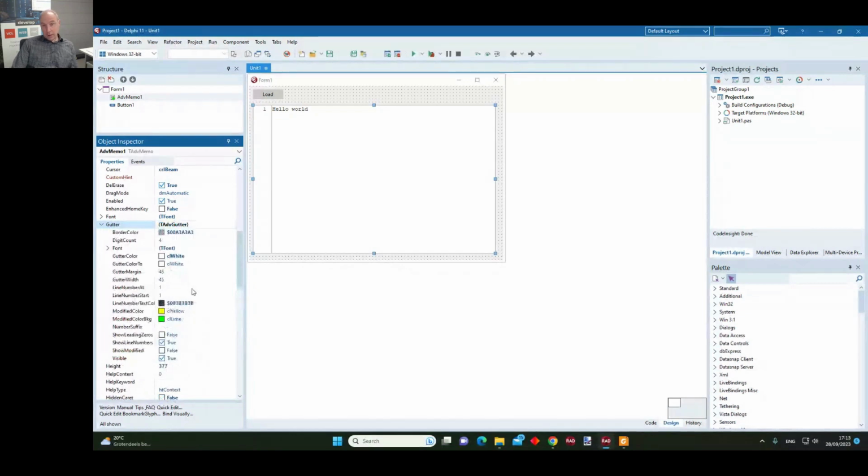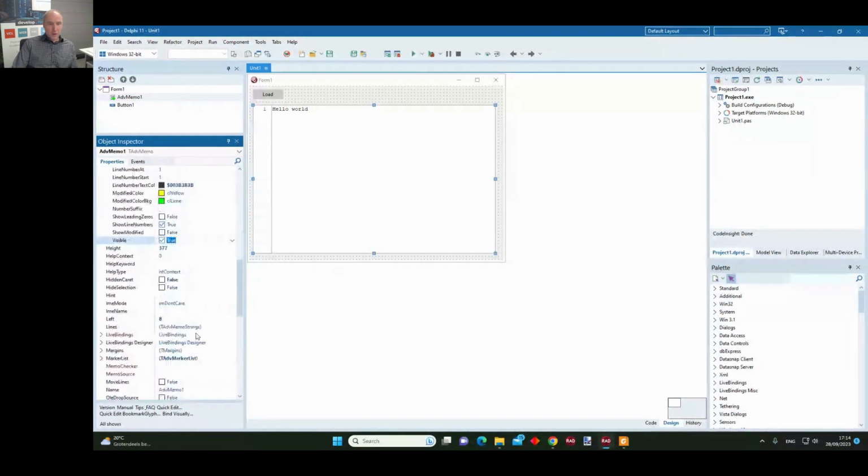You can also use it to mark what lines are modified or added while you are coding in this memo. And you can control the formatting of the line numbers that appear. Of course, when you don't want a gutter, you simply switch it off by setting visible to false.